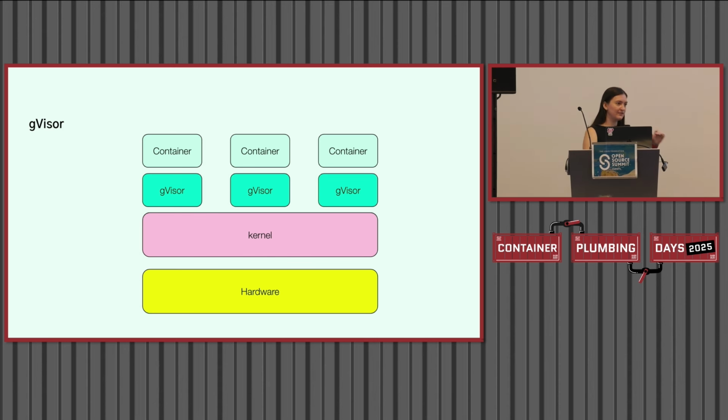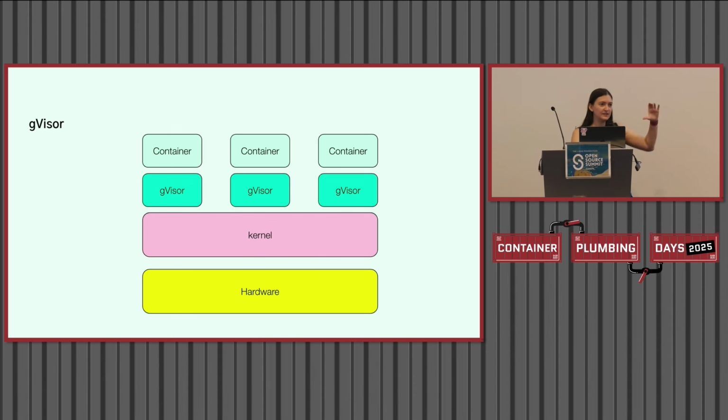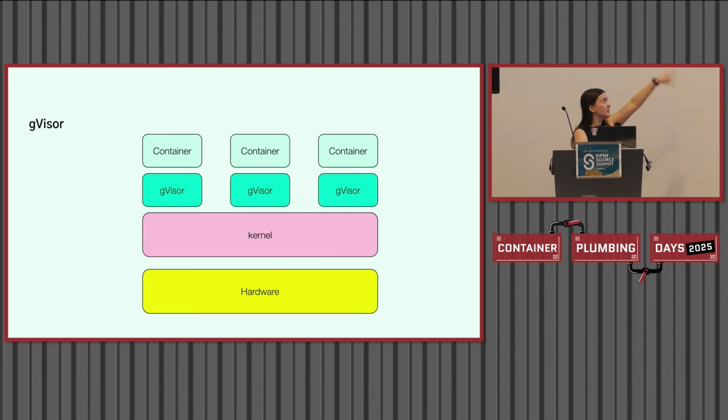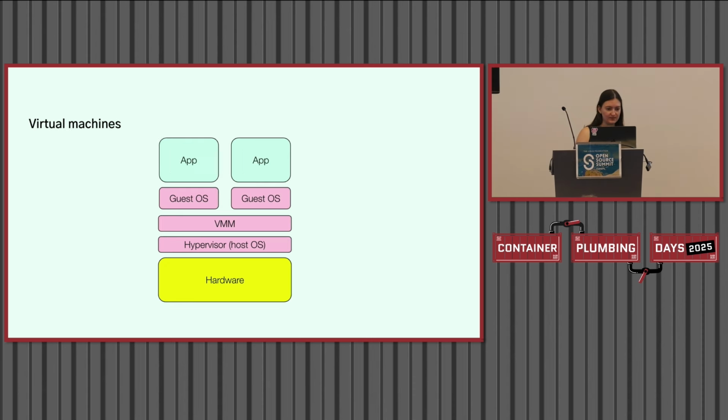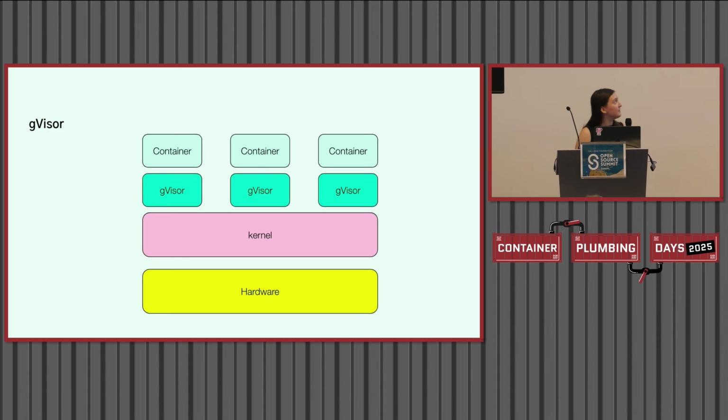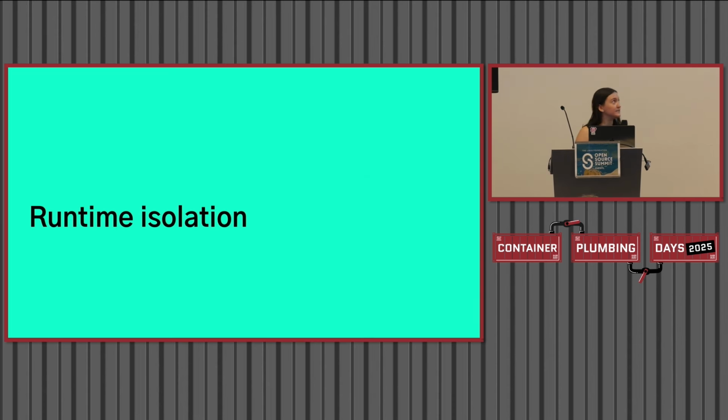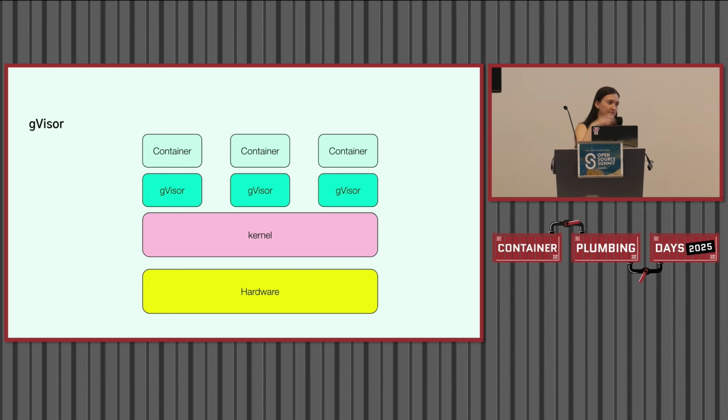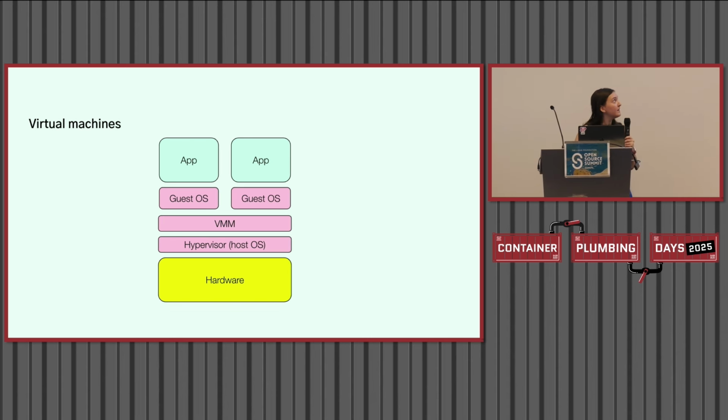So more so than just having these features within the Linux kernel, this is another piece that operates at the user level to provide a filter between these different things. And I consider this a type of runtime isolation because it operates, again, on top of the kernel. The next pieces of technology I'm going to talk about go one step even beyond that,